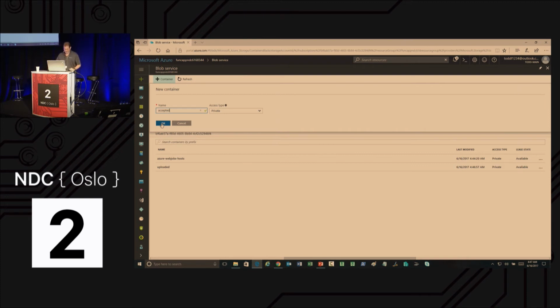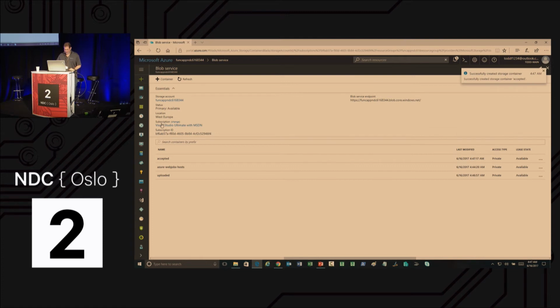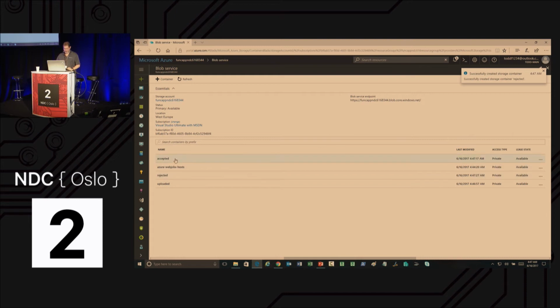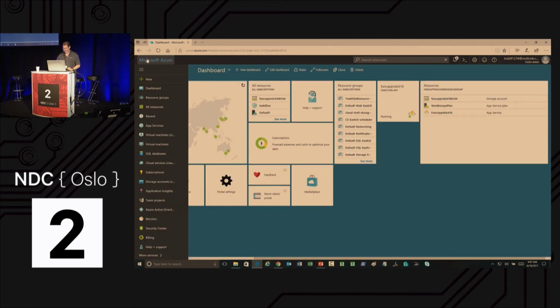They should let me up there, but they had it all pre-set up. So we've got an accepted container, so uploaded, accepted, one more. We'll do rejected. And now we have our 3 containers, spelled correctly.